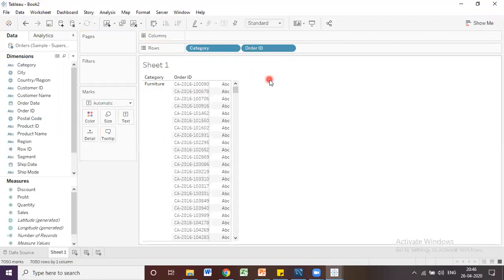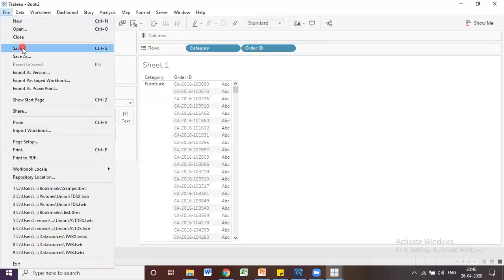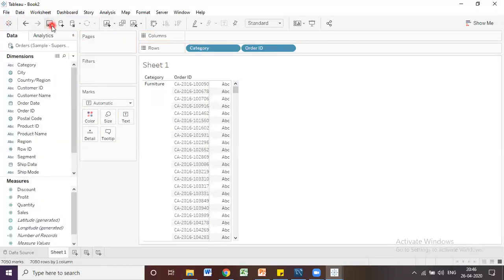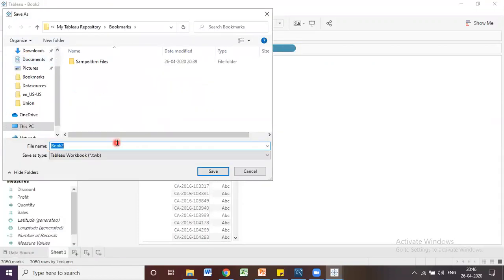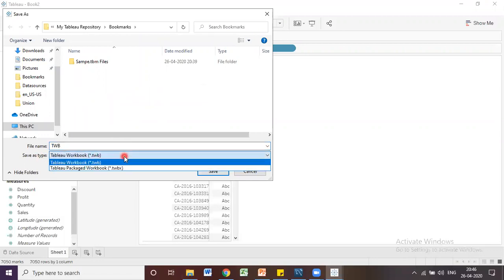How to save this workbook? You go to the File menu and click on Save or Save As, or else click on the Save button. Now I am going to click on Save As and save my workbook with the name TWB. In the Save as type, you can see TWB and TWBX.